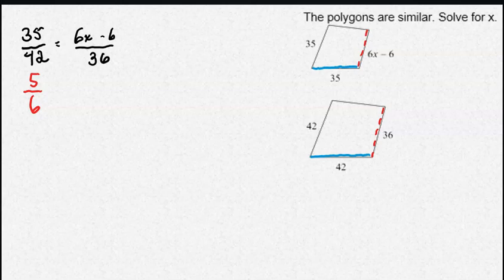In this case, the calculator tells me that 35 over 42 will reduce to 5 over 6, or is reducible by 7. The other side is also reducible, but you have to be careful when you do this. So I can actually reduce each term by 6 because 36 is divisible by 6. This is super convenient. I don't always recommend this because it's very easy to make a mistake. But if you want to explore and try different ways of solving math problems, you can reduce that 36 and